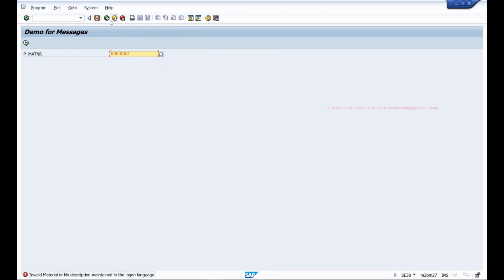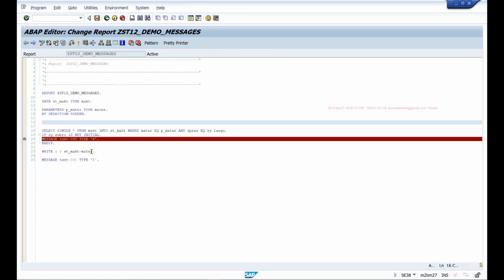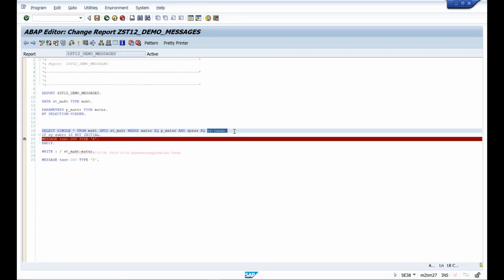And another advantage of using this text symbol is, one is reusability, obviously. Second advantage is we are trying to show the material description as per the logon language of the user. Similarly, whenever you are displaying messages, those messages should also be displayed in the logon language of the user, right?